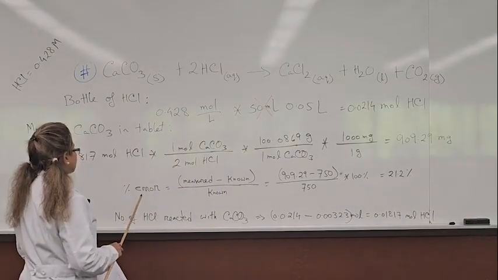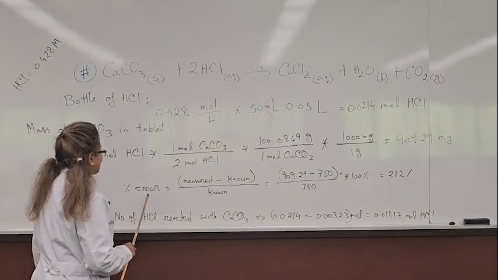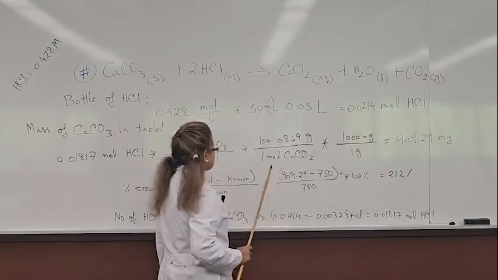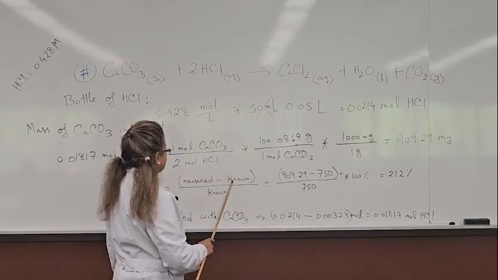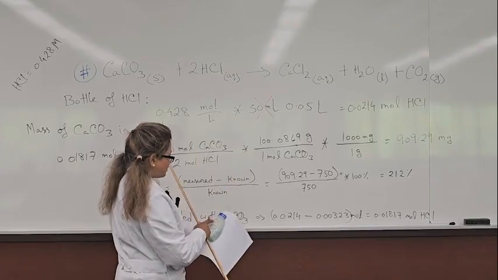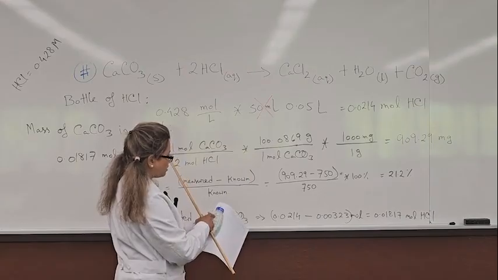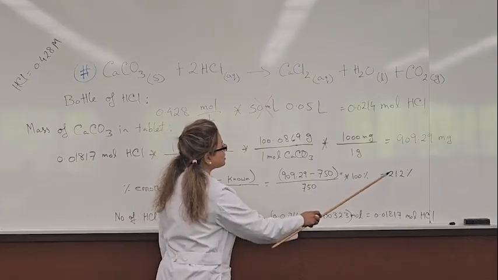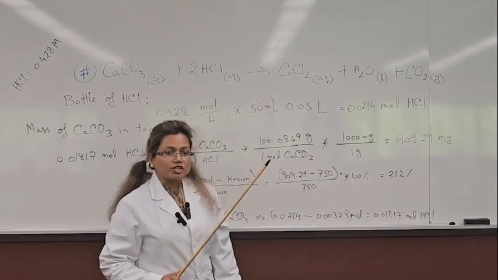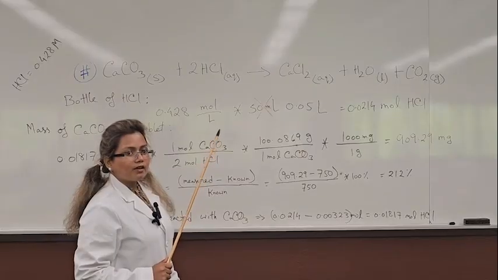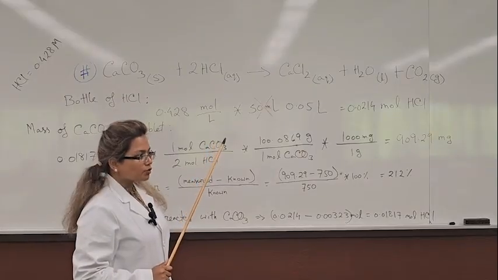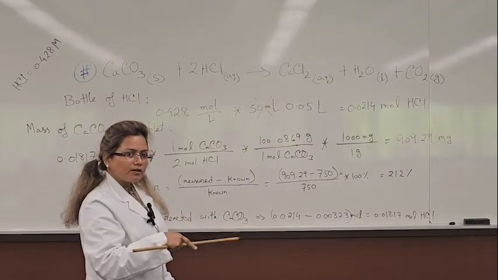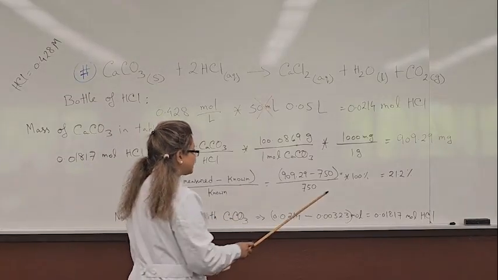Now I'm trying to get the error, okay? My percent error is the measured value, which you get from the experiment, minus the known value, which is on the bottle, 750 milligram, times 100%. So I get a little bit off. It could be because I crushed my tablet. Some of the content could remain on the paper, and when I transferred it, it could be on the side of the flask. So I get the error from there.